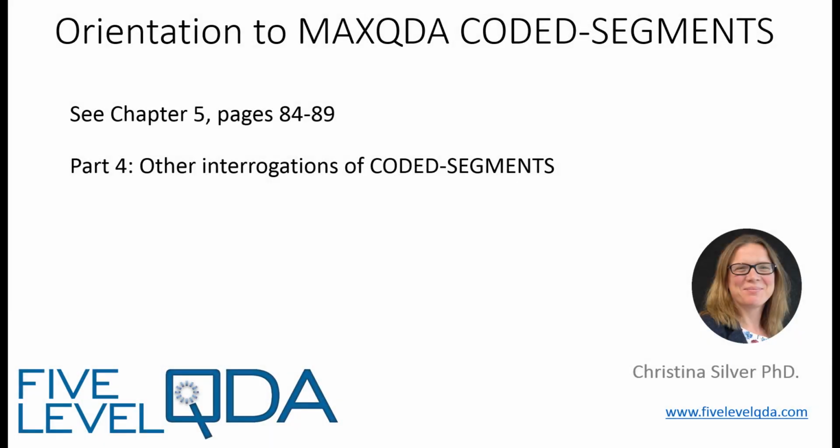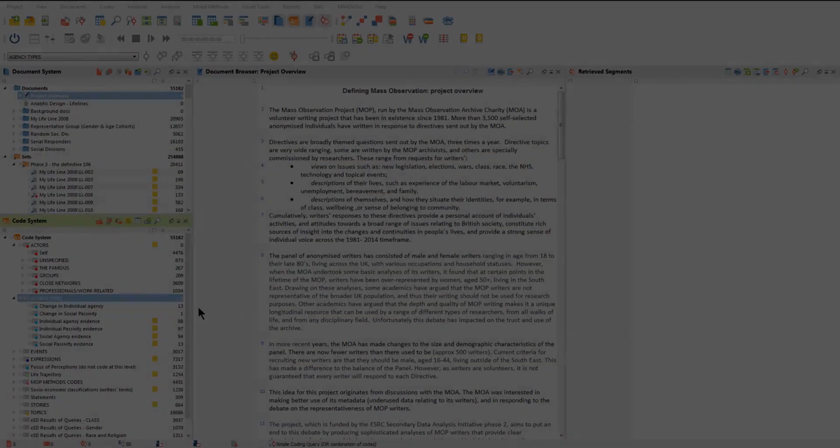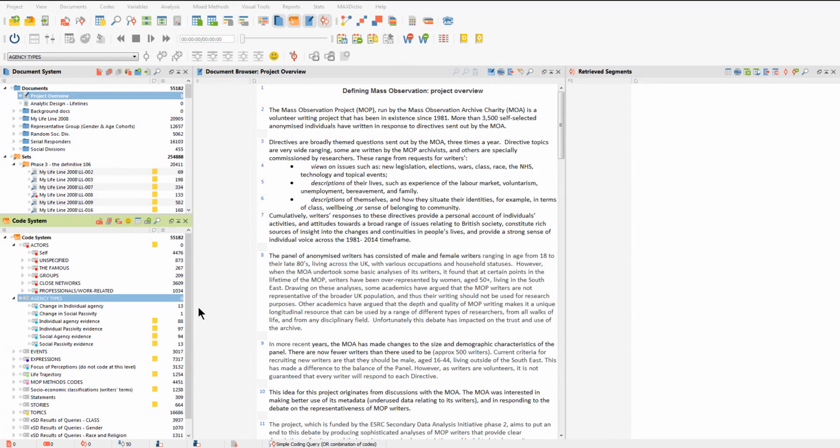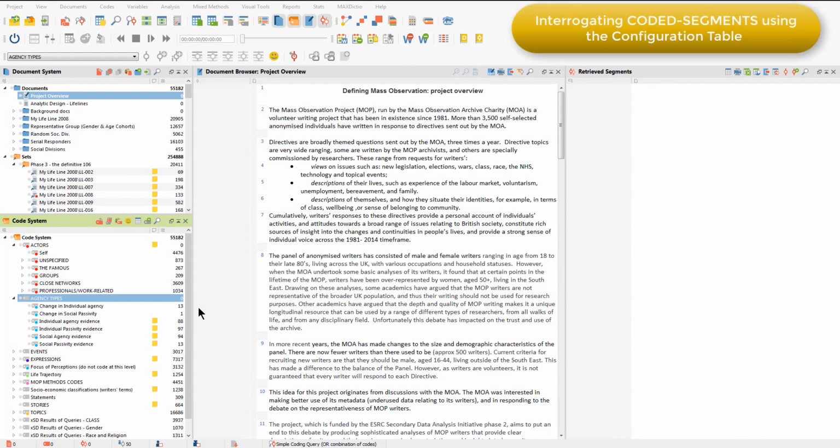This is part 4 of the video providing an orientation to coded segments, covering 2 other ways of interrogating coded segments, the typology table and the configuration table. Configuration tables are another mixed methods analytic tool, and they display the frequency with which combinations of activated codes appear